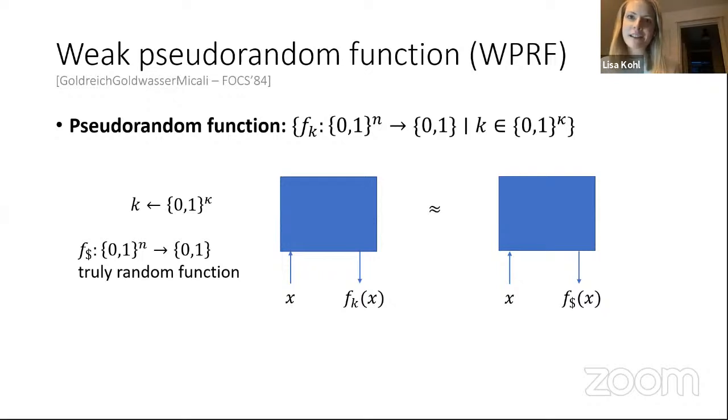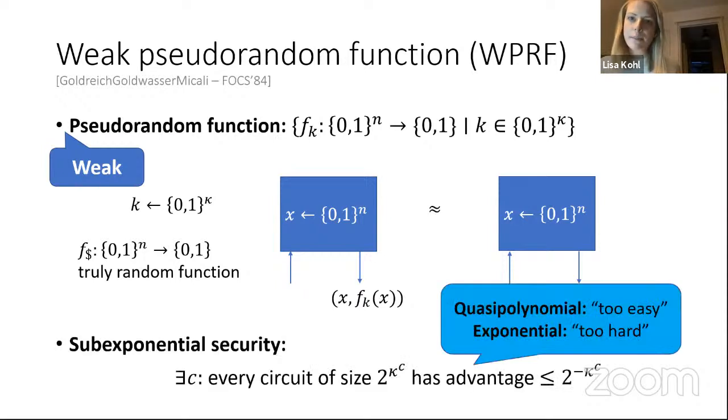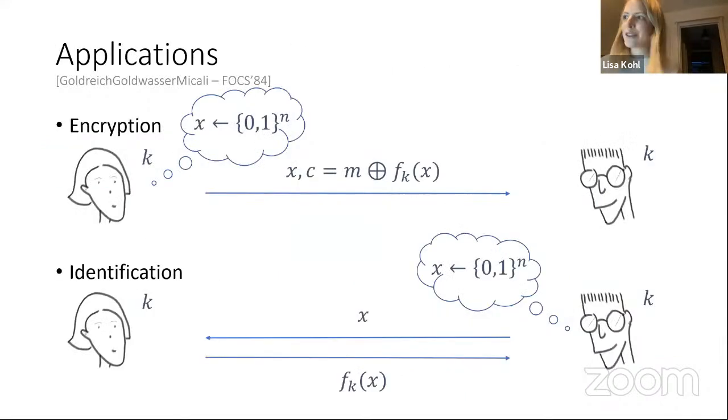What we considered in this work are weak pseudorandom functions, which are keyed functions that are indistinguishable from a truly random function, where the weak just means that we only require this to hold for uniform inputs. And the security notion we consider is sub-exponential security, which is also what you would expect for a standard assumption like learning with errors and factoring and others. In some sense, the landscape looks completely different if you consider other security notions.